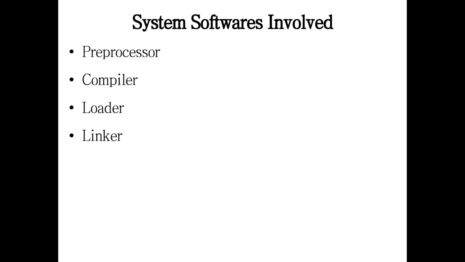So when we look at the system softwares involved, actually C is a programming language which has brought a lot of revolution in today's software industry. Because of the invention of C by Dennis Ritchie only, we have got so many other languages and so many products have been developed, and so many operating systems such as Linux and Mac OS were built after the invention of the C language, which has laid the foundation.